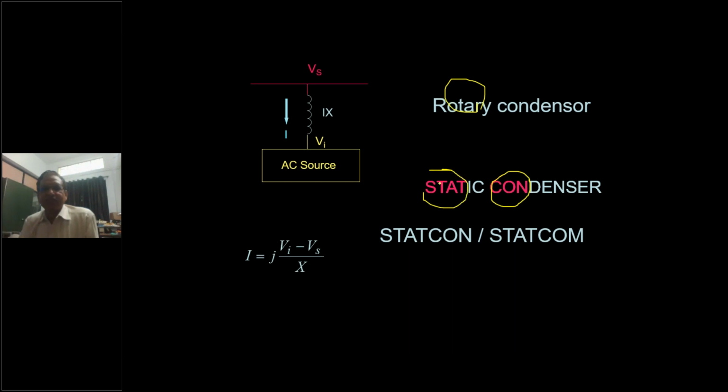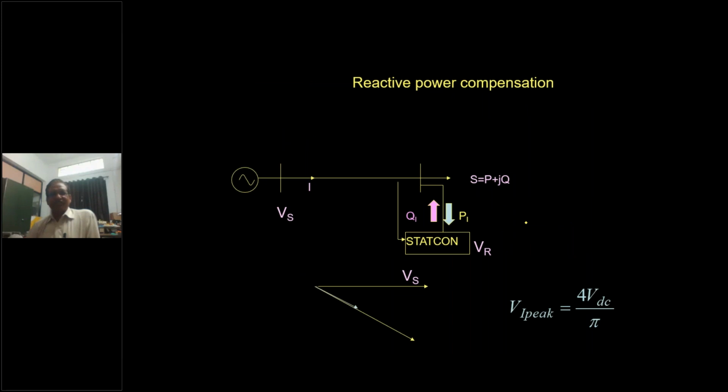An inverter is static, so the name is statcon. But it is power electronics people who say it is a statcon. It is used to compensate the reactive power, so that's why this device is also known as a static compensator, for reactive power compensation. So I have told you two applications.